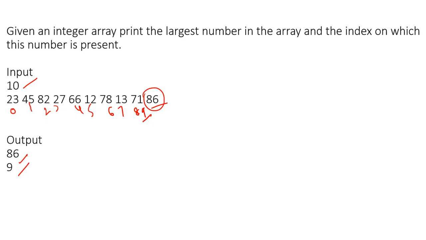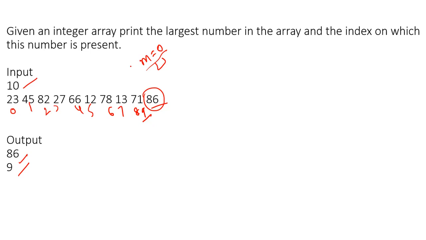Well, that's a very easy question. The whole logic is that we just iterate through the complete array, and let's take a variable m, initialized with 0. We'll be comparing every element present in the array to m, and if that element is greater than m, we'll be updating the value of m. We'll keep on doing this till the time we get the maximum element. As soon as we get the maximum element, no other element is going to be greater than it.